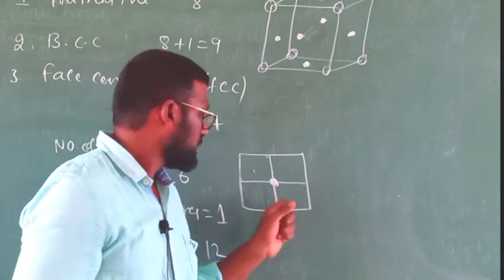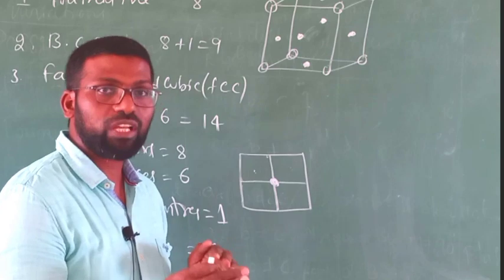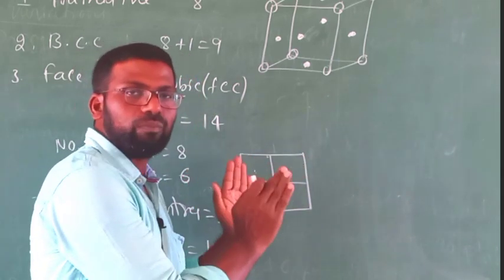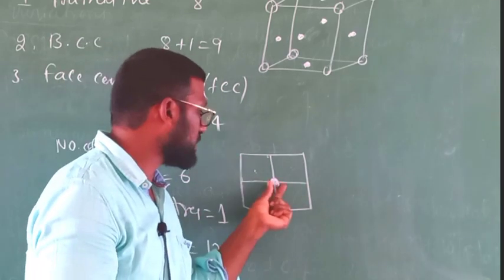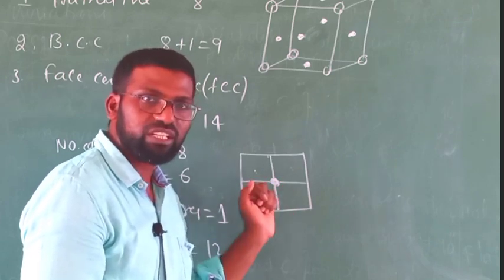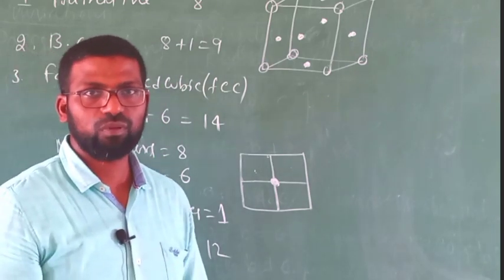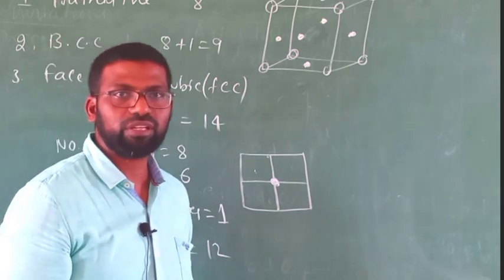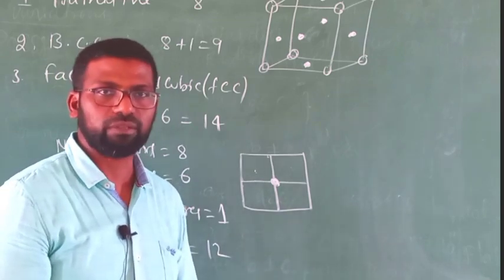Earlier it was shared by 4 unit cells. Now we are placing 4 more unit cells exactly on these 4 unit cells. Then the particle which is represented at the corner will be shared by 8 unit cells, corners of 8 unit cells. Okay, do you understand? So it is a very important point, dear students. Listen to the video again and again, you will understand.